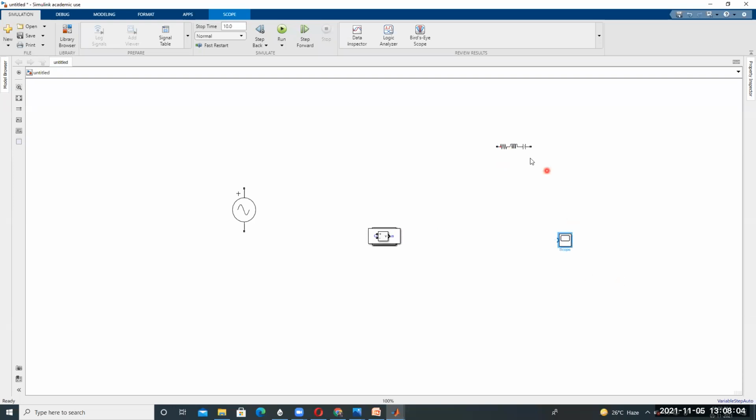So separately like this. This is the series RLC branch, this is a voltage measurement, and this is called powergui, continuous. To run these components, some power is required. That's why we need powergui, and that is called the pulse generator. This is pulse generator 1 and pulse generator 2. Because there are two thyristors, two pulse generators are required. So that's why I'm choosing two pulse generators.